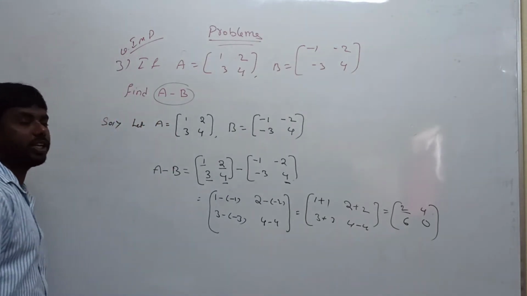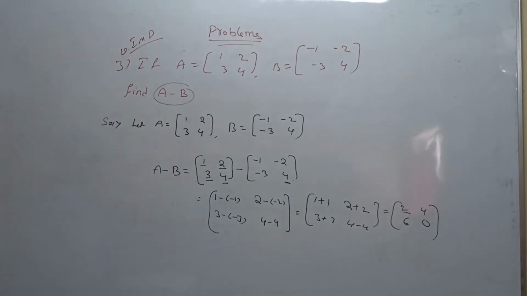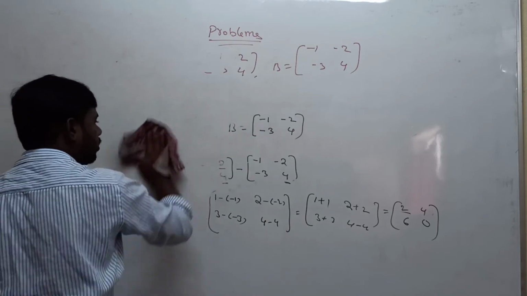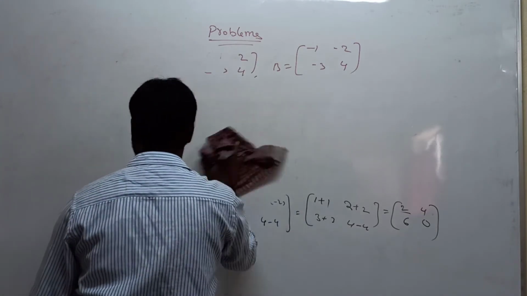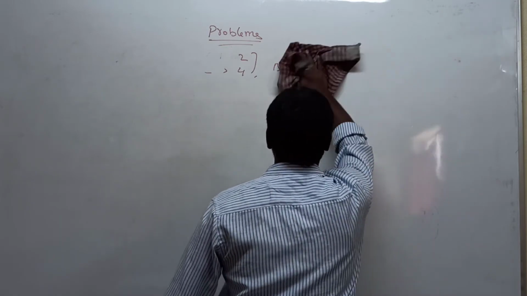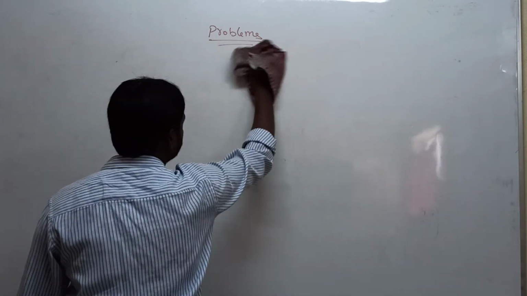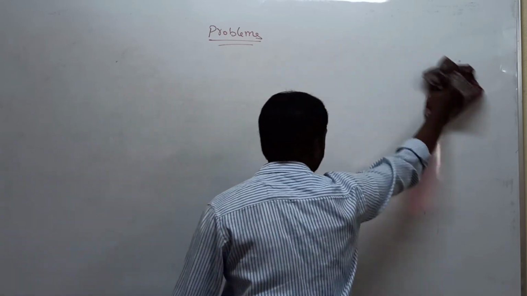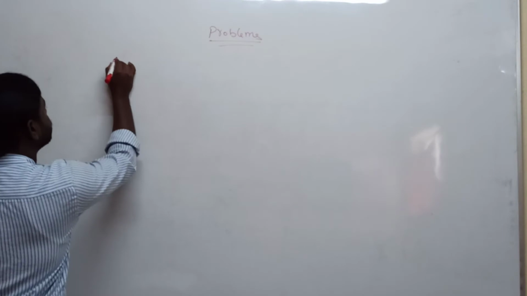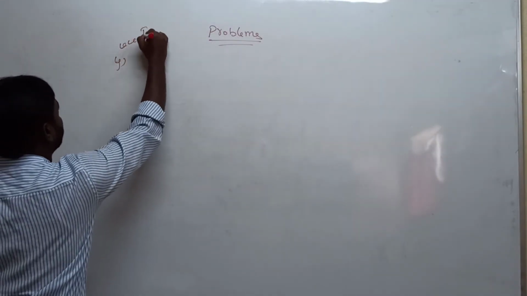Now you can subtract the two matrices. Very important question. So everyone understood how to subtract the two matrices. Next, the fourth problem is also very important for the final exam, a 5 marks question. Related questions only will be asked in the final exam, the same questions. Sometimes they ask other related problems too. Okay, the process is the same. Very important.